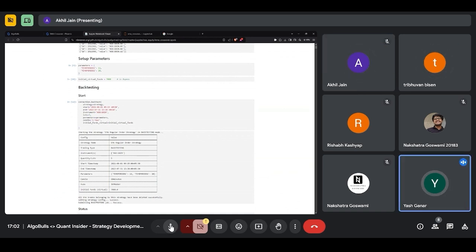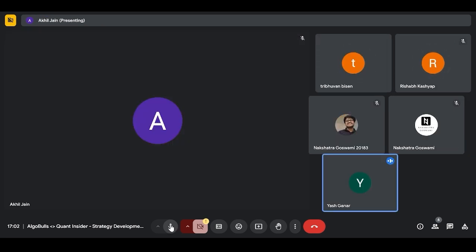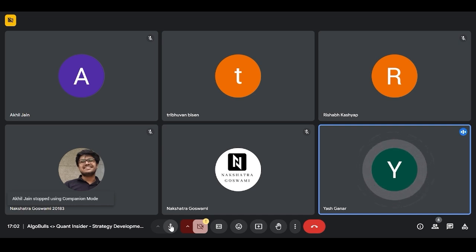All right, I hope we are concluded with this session. Akhil sir, thank you so much for this informative session. We learned about all the entries, exits, calls and filters that are added while selecting a particular instrument, how they are used, everything about the engine, and how we can solve doubts about the engine as well. We also got to know how we can use the logs, and a lot of information regarding AlgoBulls and its development strategies. This was a really informative session. Thank you so much, Akhil sir. With this, we conclude the strategy development demo session.